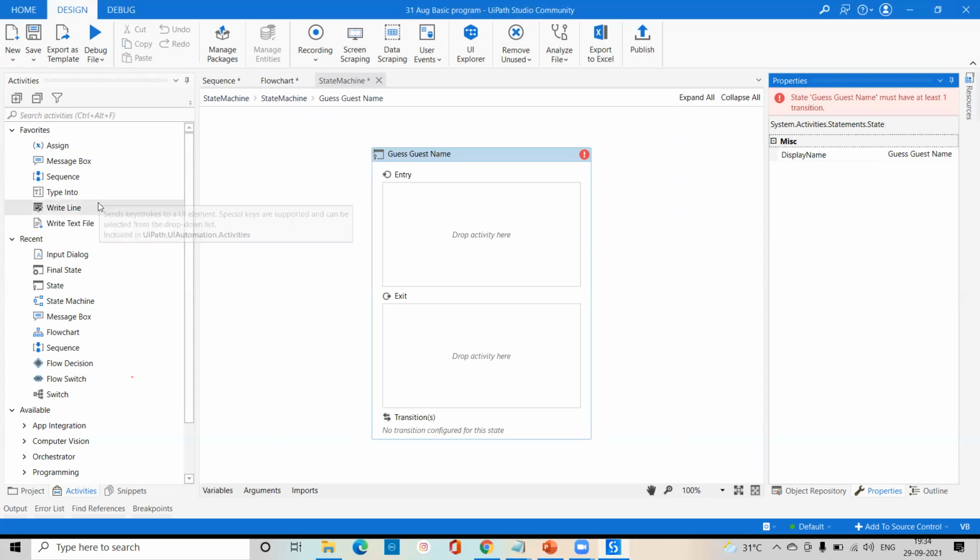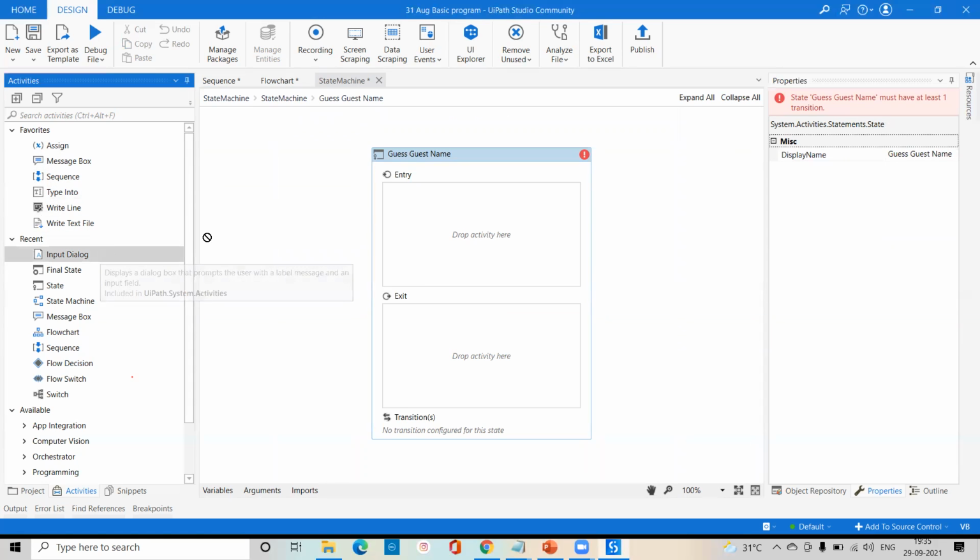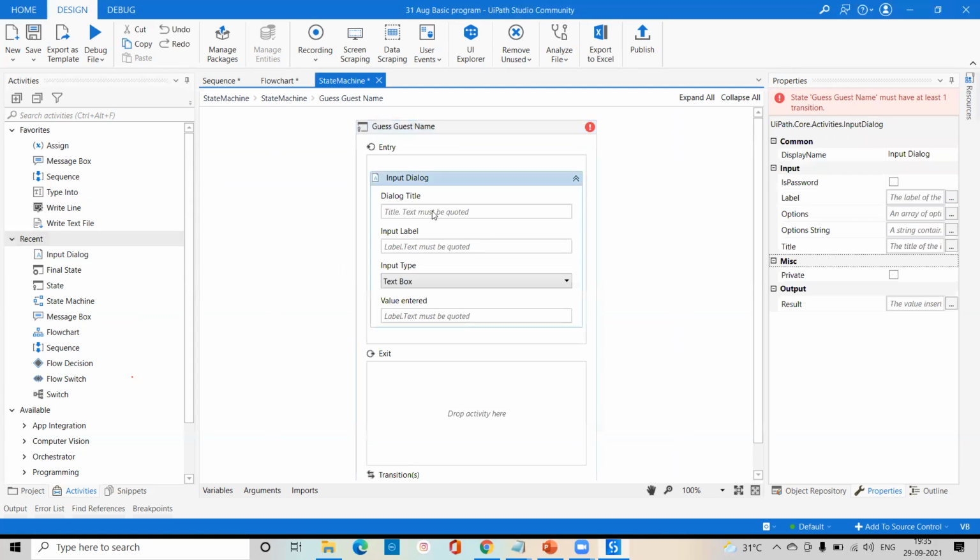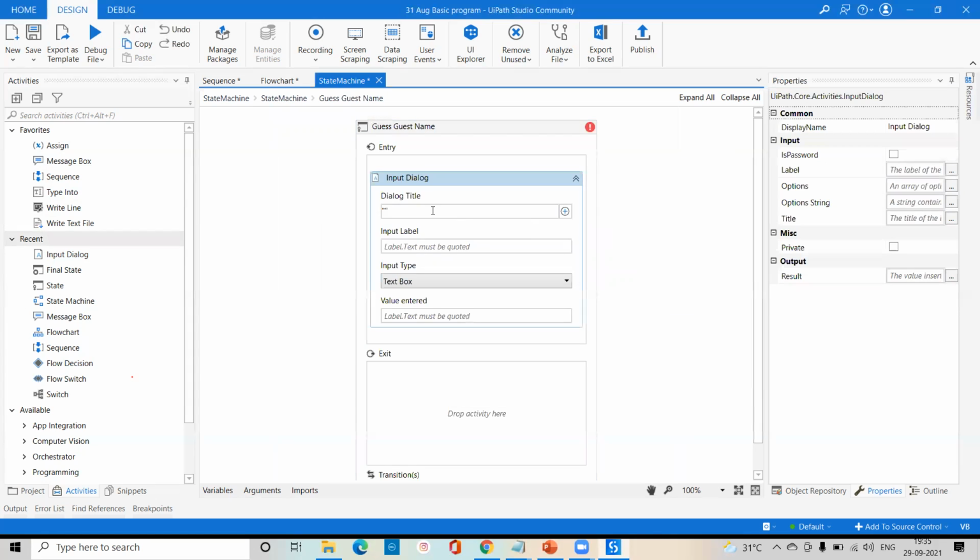We'll go for an input dialog box. Through the input dialog box, we'll try to take this data. Here I can pass guest name. Here I'll put "Please provide the guest name."